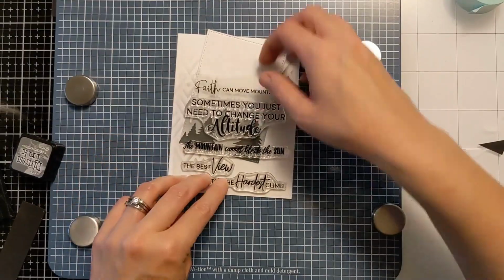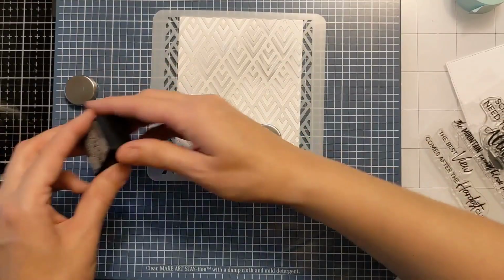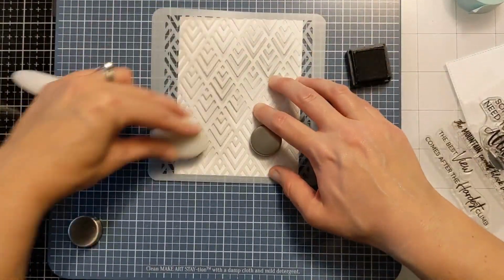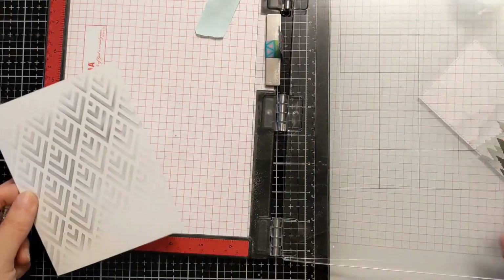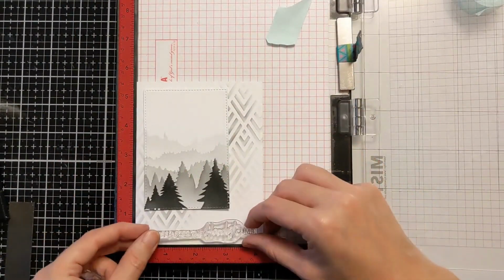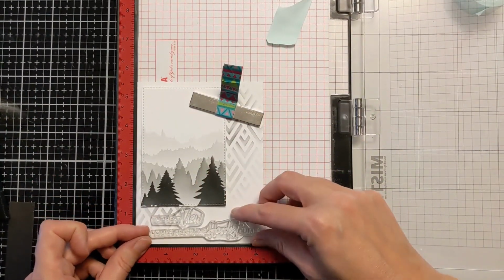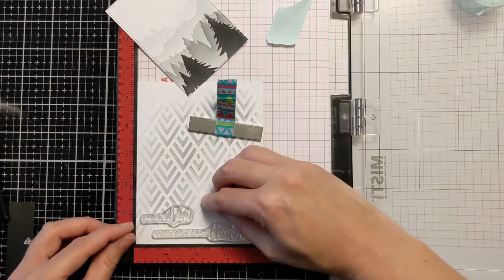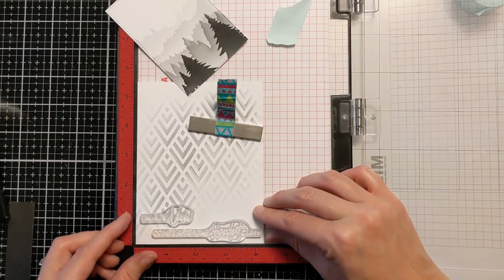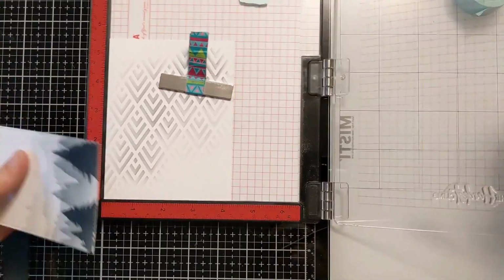So I use some Hickory Smoke Distress ink to lay down some interest. This is directly on the card base, another A2 card base, and I'm just laying down some ink and moving this little panel around and figuring it out. I decided to use a different stamp because I realized the original one wasn't as appropriate as this one. So I changed the stamp, moving stuff around. I realized that was still a little bit too big, so I ended up using the next smaller size of the stitched